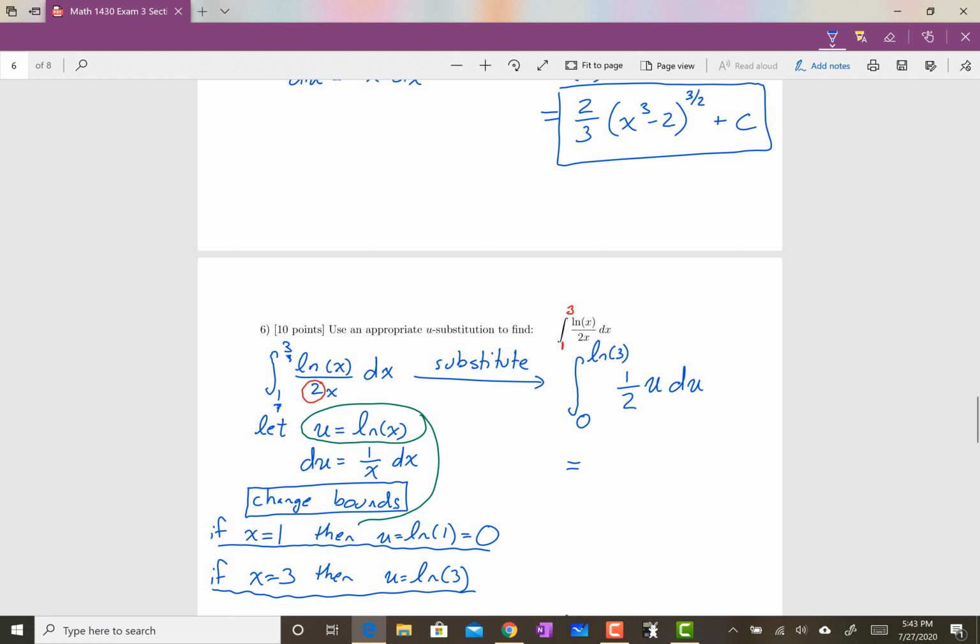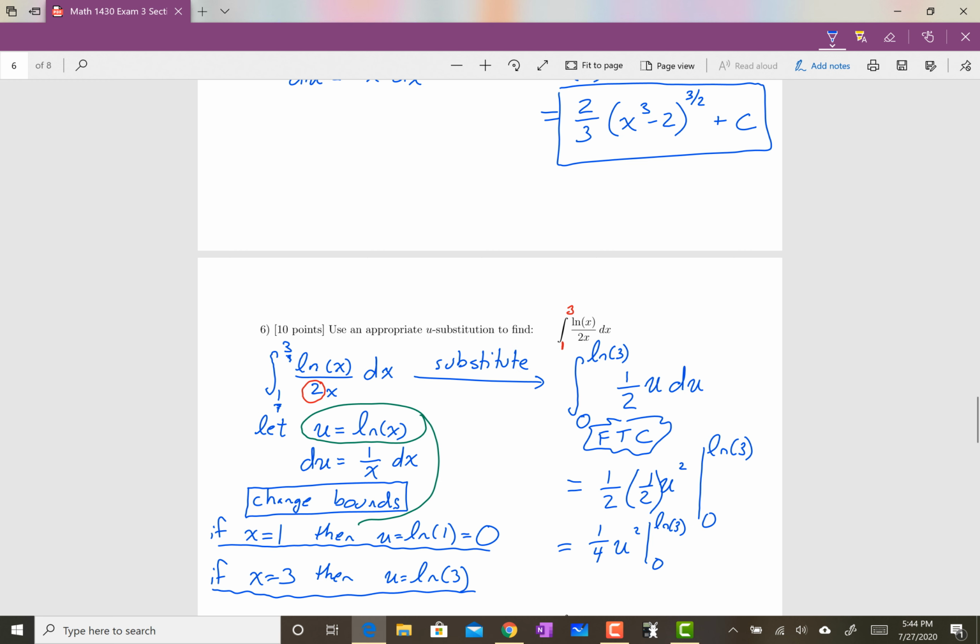Well, now we're going to use the fundamental theorem of calculus, because we have a definite integral. The fundamental theorem of calculus says, find your antiderivative. It's going to be 1/2 u squared times 1/2. Instead of the plus c, we are going to evaluate this from our lower bound of 0 to the natural log of 3. So this is really 1/4 u squared, evaluated from 0 to the natural